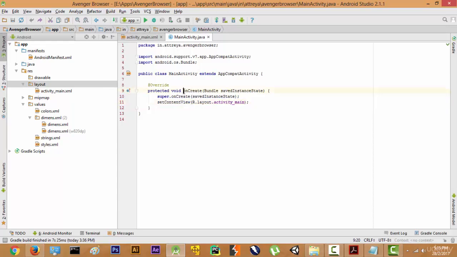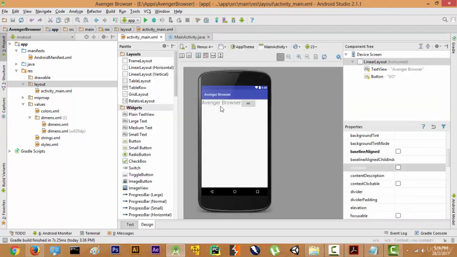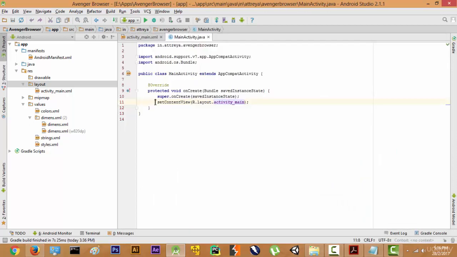So it's saying onCreate basically creates the application, and in the application set the content view as R.layout.activity_main. So set the layout to look like this one. This is the function of setContentView, which is pretty self-explanatory by the name: content view, R.layout.activity_main. So after this, what we actually want to do is